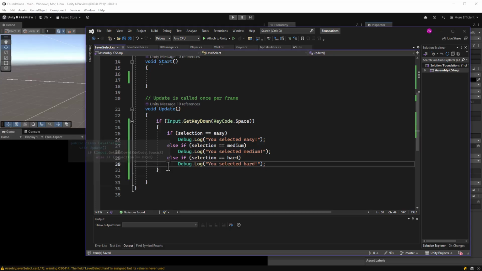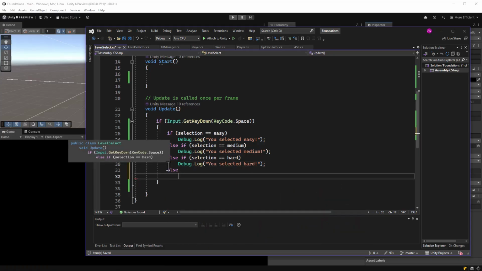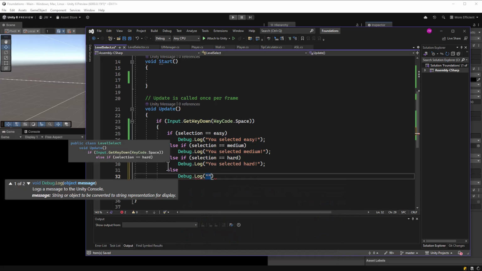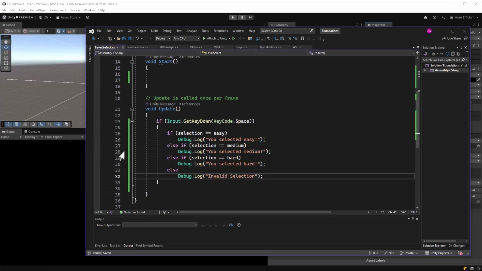And then lastly, we can have an else clause in here. And that else clause is basically going to state Debug.Log invalid selection, meaning you left it at -1 or you went out of bounds of our selection. And if we just save this and test it out here,